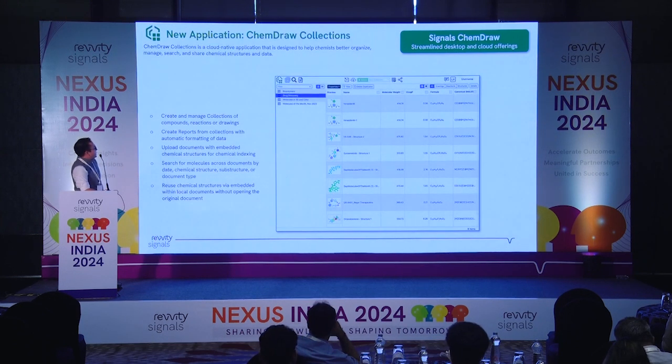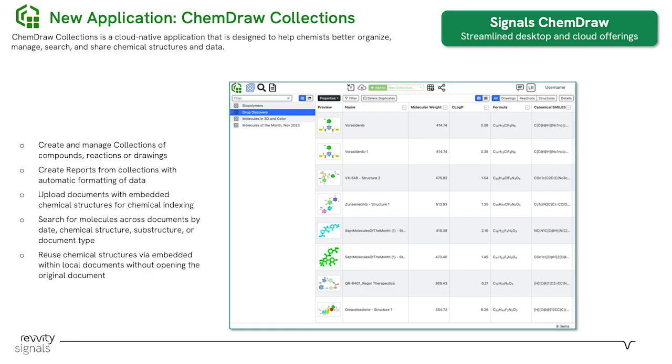Okay, this is just a screenshot. It's not doing it justice, but of ChemDraw Collections, which allows you to extract existing chemical information and structure it into a table associating properties. Those can be SD files. You can generate SD files from those. Most importantly,